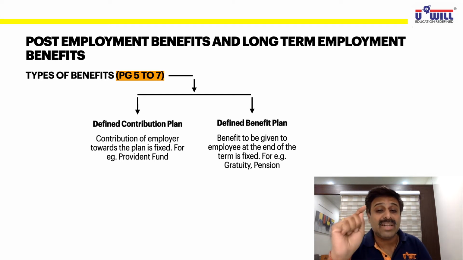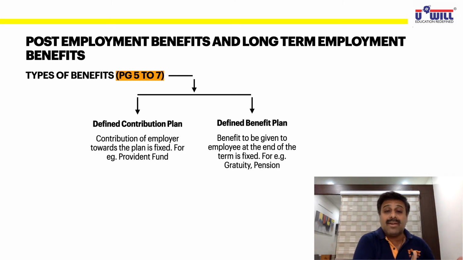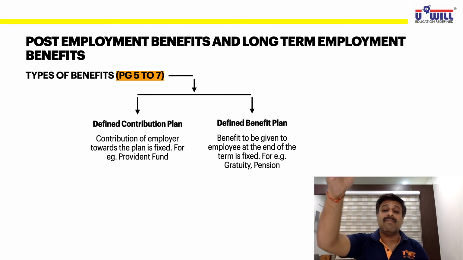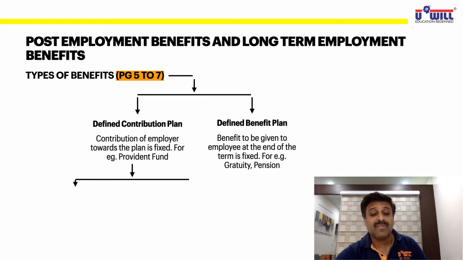The problem is with defined benefit plan, because defined benefit plan means the benefit we have to give him when he retires is known. But to accumulate that benefit, what amount we should keep aside right now is a very complex job, because finding what amount we will have to give him itself is a difficult job. So how to do the accounting for this? If we talk about defined contribution plan, they can be further classified into 3 types.